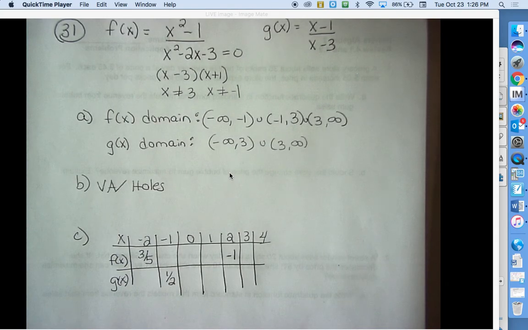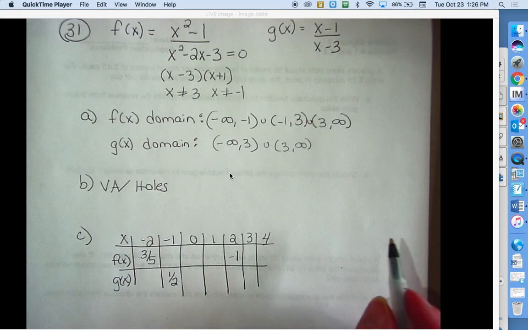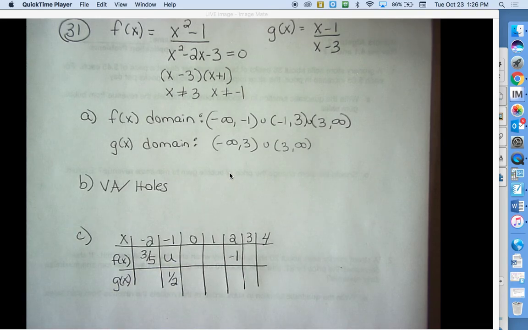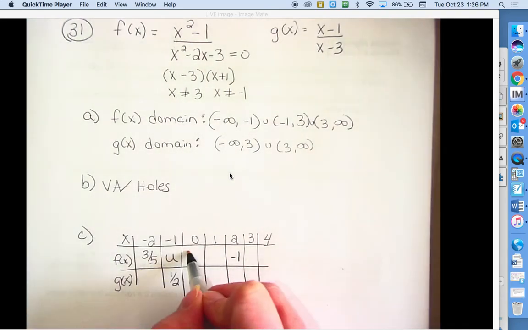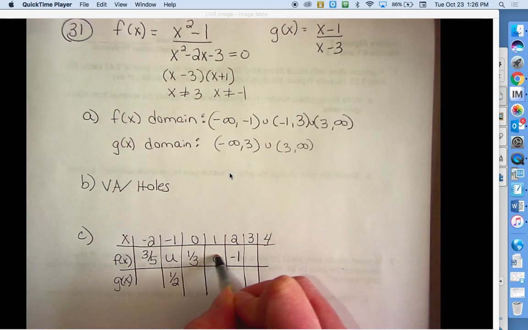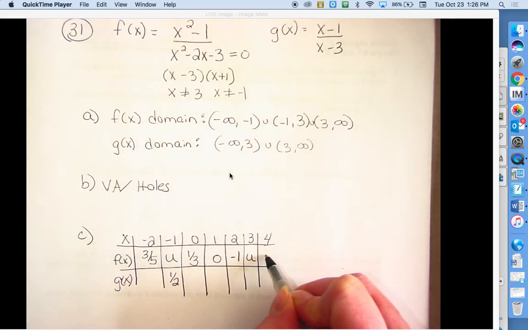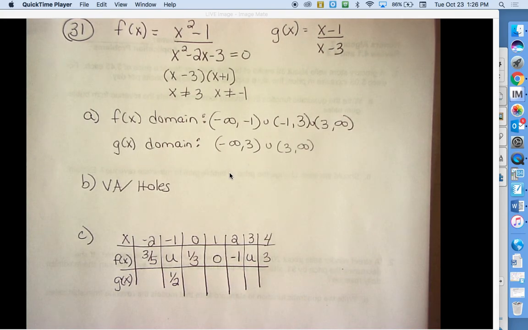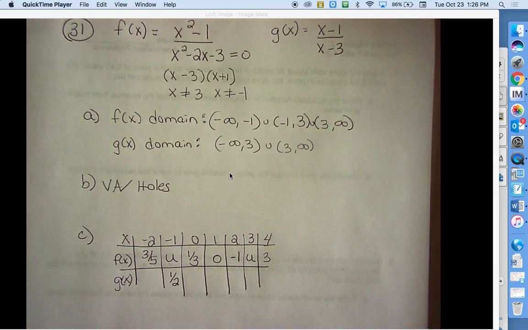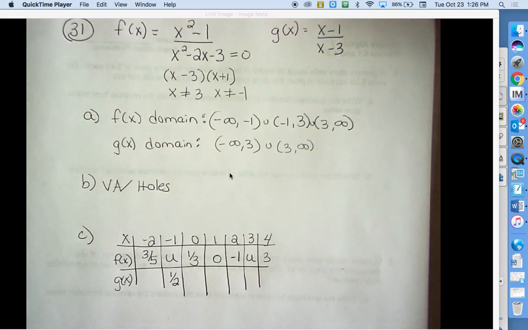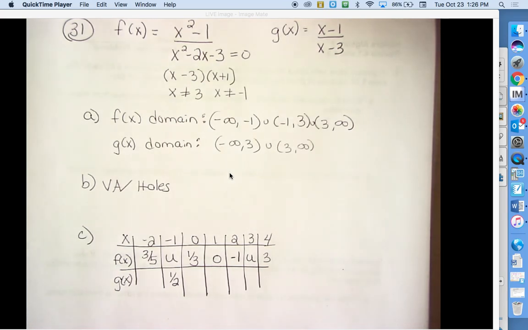Virginia, what do you have? For f of x, we have 3/5 and then error, so undefined if there's an error, and then 1/3, 0, negative 1, undefined, and 3. And then Alice, did you have any of those? No, they're in some weird order. Okay. And then for g of x, it should be the same thing, except,